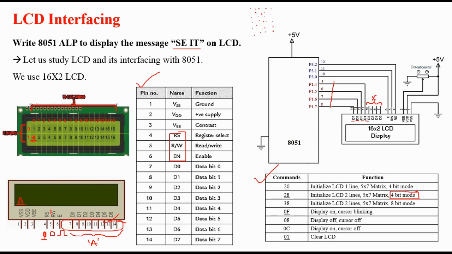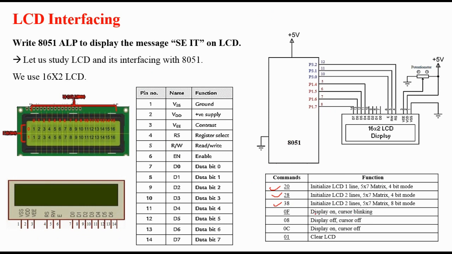Operating the LCD with 4 data pins is called 4-bit mode. Operating the LCD with all of its 8 data pins is called 8-bit mode. Normally 4-bit mode is preferred because by using 4-bit you are saving 4 pins of the microcontroller, so you can connect any sensor or other IO device to those pins. In future, if you connect your LCD in 8-bit mode, you will have to use the command 38.